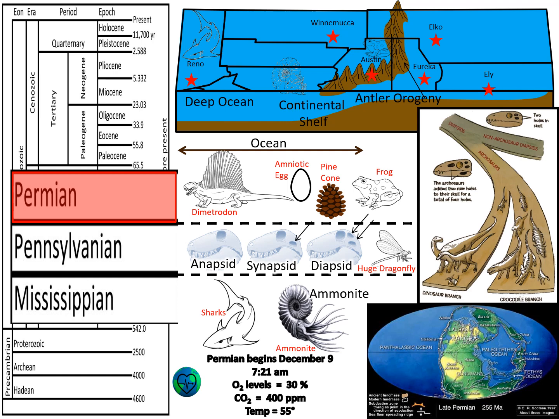Pelycosaurs were the first wave of these Permian mammal-like reptiles. They had a large sail on their back, enabling them to warm and cool their bodies quickly. Pelycosaurs, like Dimetrodon, who is pictured in the upper left-hand corner of the Permian section, were the fiercest carnivores the world had seen to date.